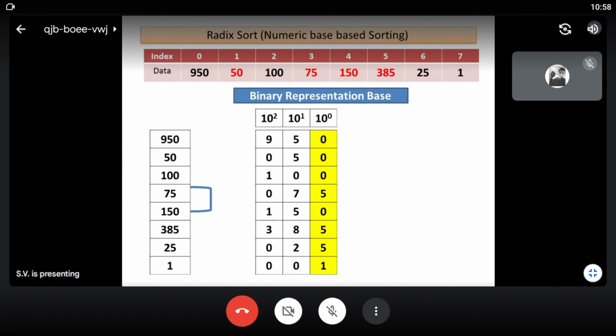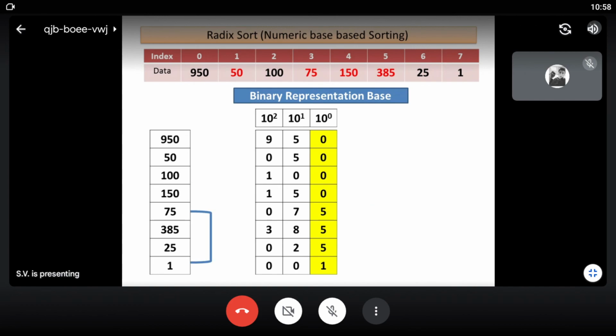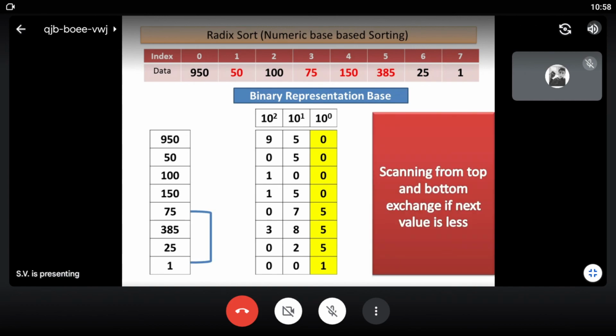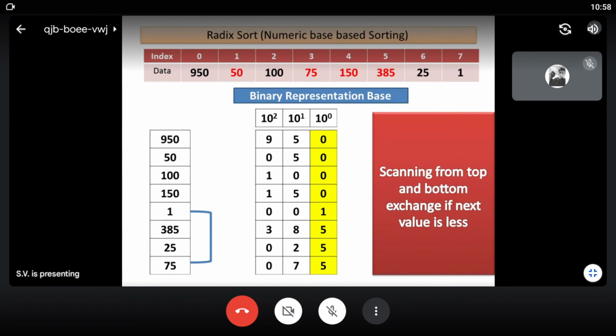So each character can be represented in 3 digits, and we can compare the total numbers also. So we have taken two bases as example, that is binary numbers and integer numbers, or we can say non-decimal numbers. If there is a floating point value, then we can convert it using negative powers, that is 10 raised to minus 1, 10 raised to minus 2, and so on.